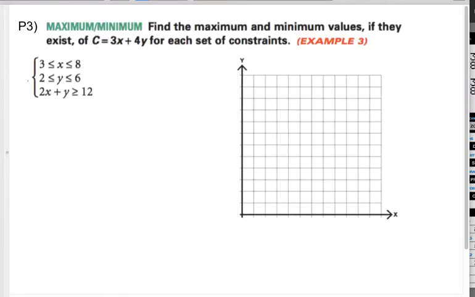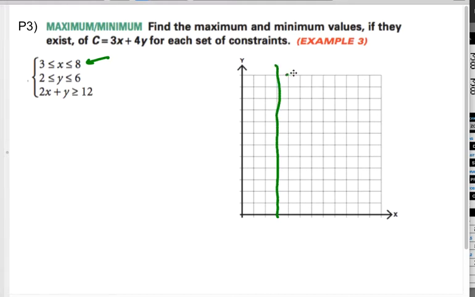So you're going to try the same thing with P3. In P3, you're going to figure out the max and min values. Now, I'm going to point out that you could probably get away with not graphing this. I'm going to suggest it's smarter to graph it, so I'm going to graph it, but if you chose not to, you could probably get away with not graphing it. So here's x is 3,